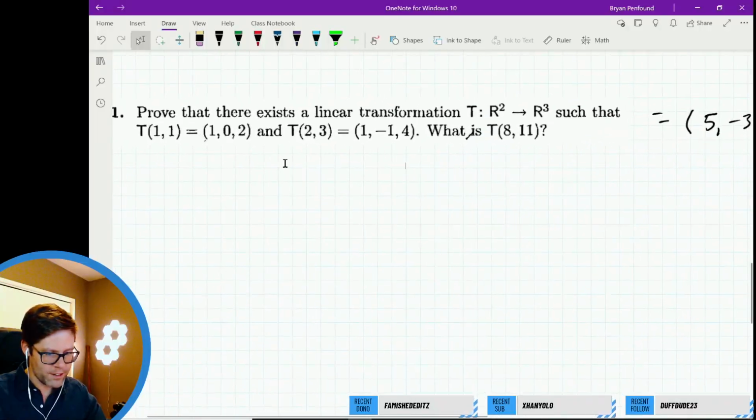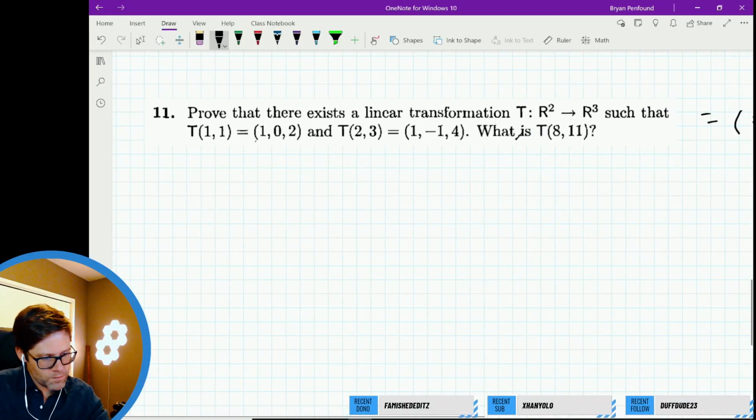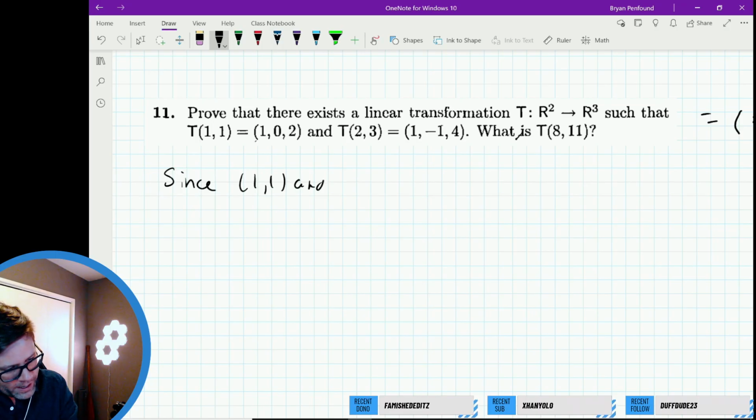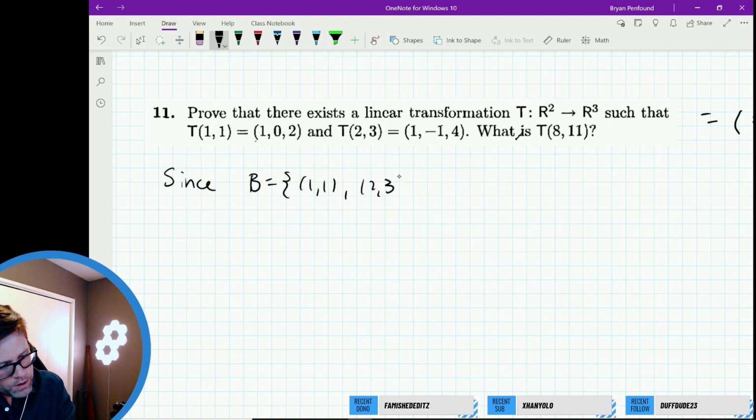Okay, check this out, chat. Since (1,1) and (2,3), well, maybe I'll just write it as a set. So since B equals {(1,1), (2,3)} is a basis